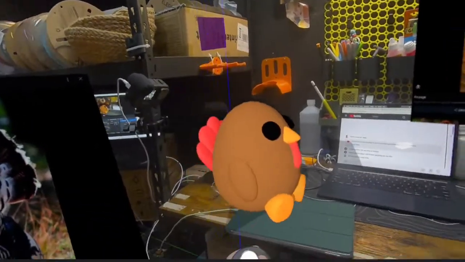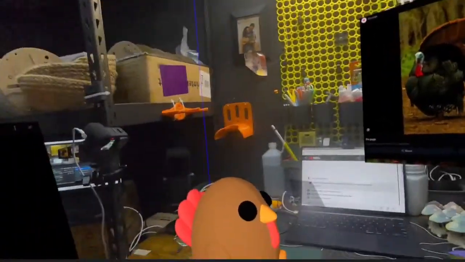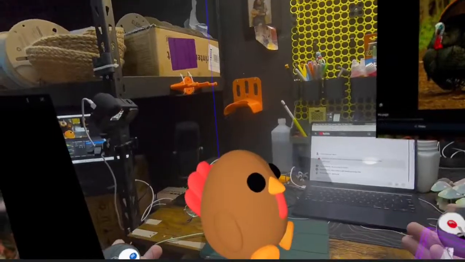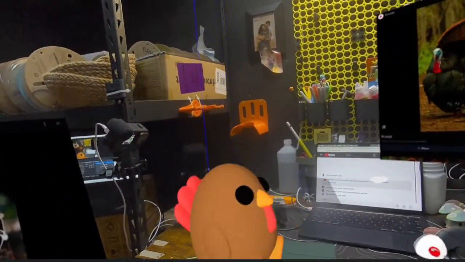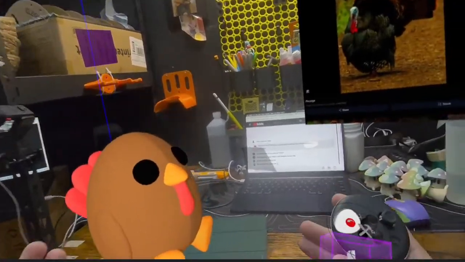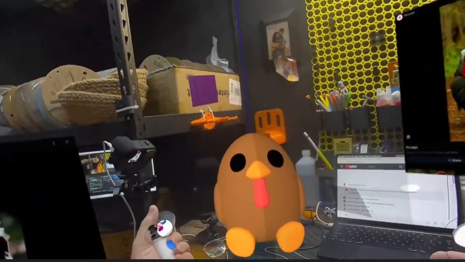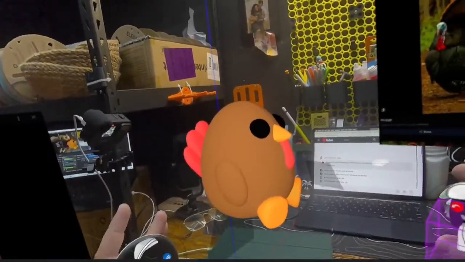Now, we can do a few things here. We have a couple of options. We have to consider the fact that many people will be printing this with an AMS, and that we're limited to only 4 colors. And so right now we're maxed out on colors that we can do.